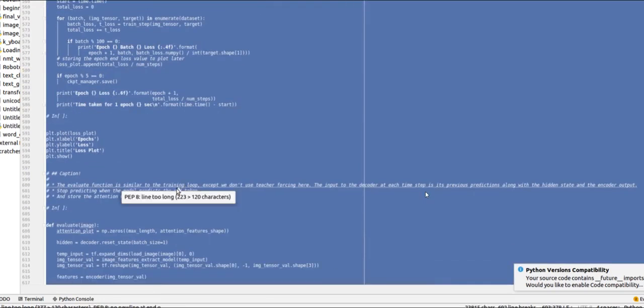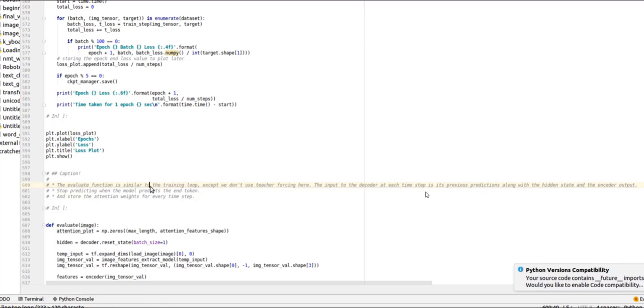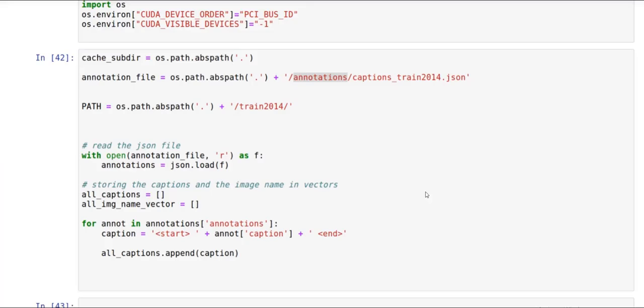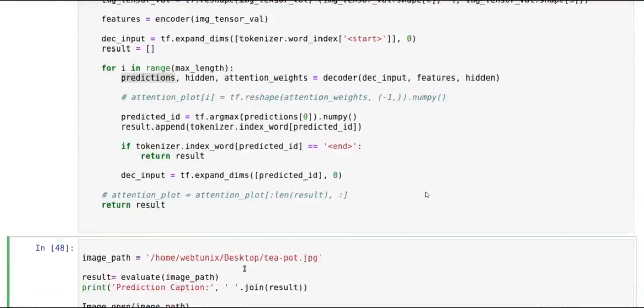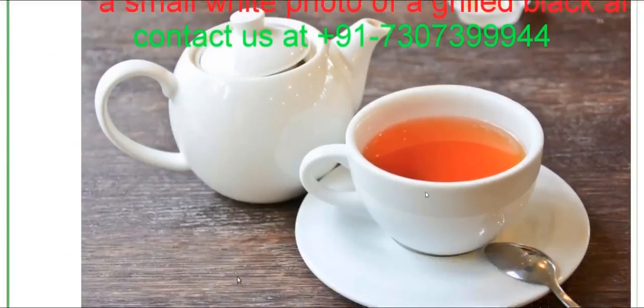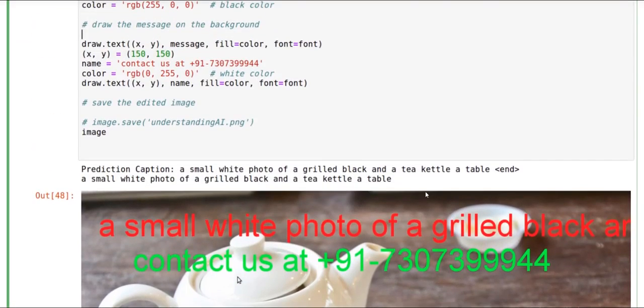I have already shown you that after running this model you will get a pre-trained model, and once you have that pre-trained model you can build your own image captioning application. You can do multiple things. This is just for tutorial purposes. You can add customization in accordance with your requirement and your product. I'm done here. Call me if you face any difficulty. In the description section you can find the link where you can upload your own image and download the captioned image using this pre-trained model.